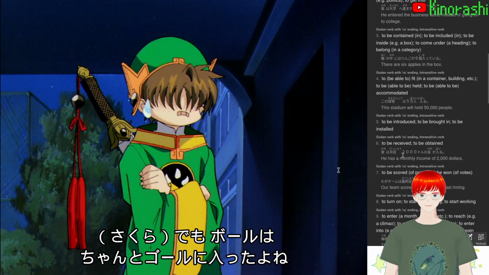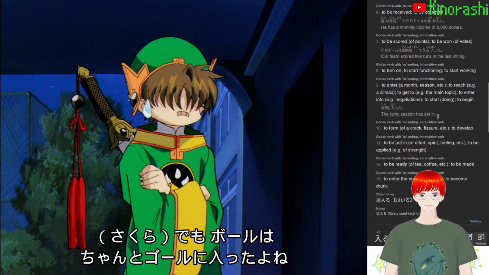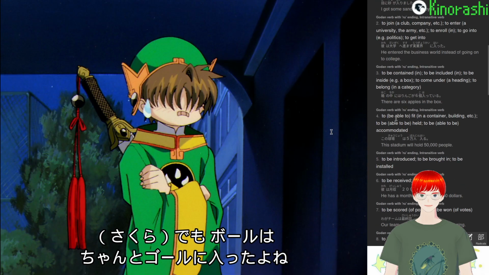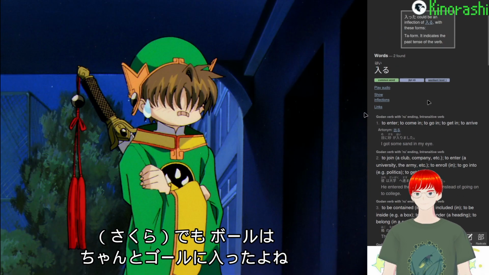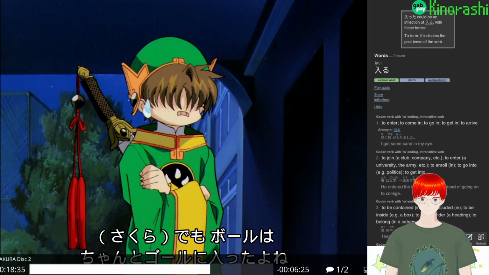Okay, to be introduced, to be received, to be scored of points, to be won votes, to turn on, to start functioning, to enter the body, basically any form of making something enter something else you can imagine. Is this the definition? Hairu. So, でもボールはちゃんとゴールに入ったよね。